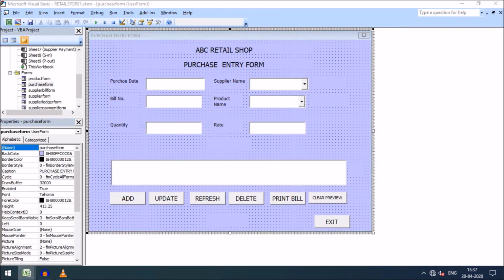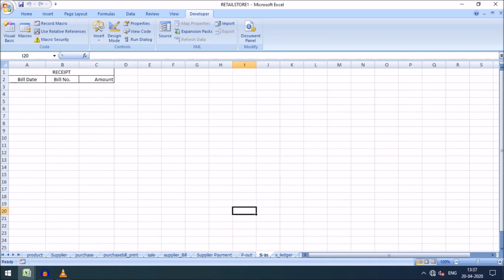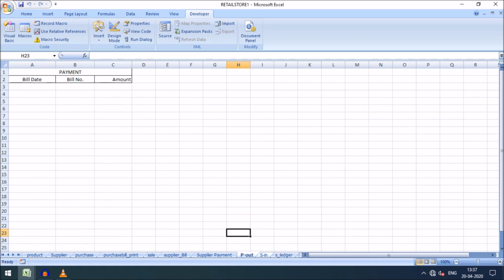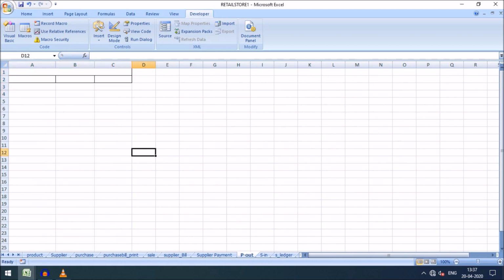Here I will write this in this section, and then I have taken two more sheets. I don't need this. I want to convert this sheet. One is purchase out and the other is sell in. Purchase out means the product which we purchased from the supplier: if I return the product to the supplier, then our stock will be decreased.